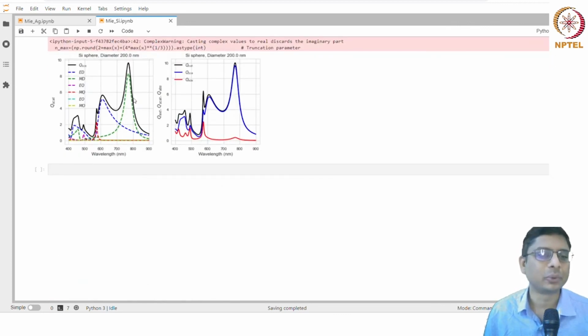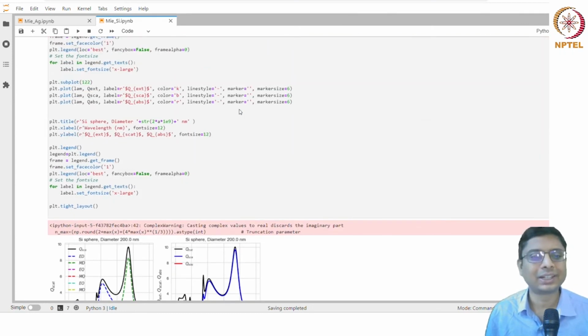In this case, you will see a little bit more interesting features in the scattering and extinction cross sections. So we'll talk a little bit briefly in the next week in the first part. 5-10 minutes I'll spend on this, and then I'll talk about